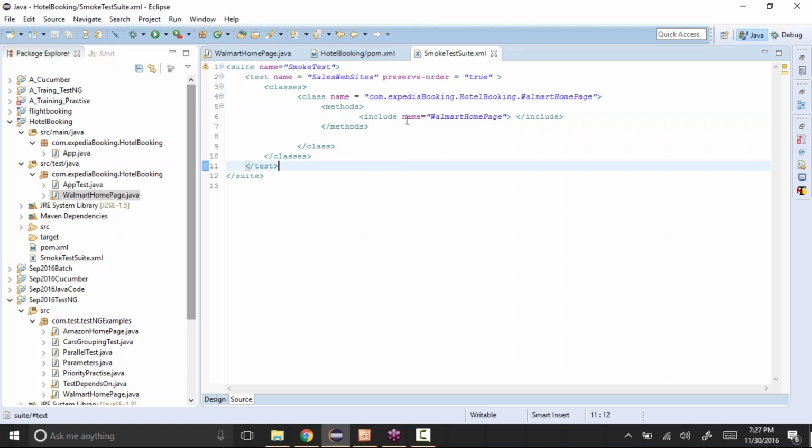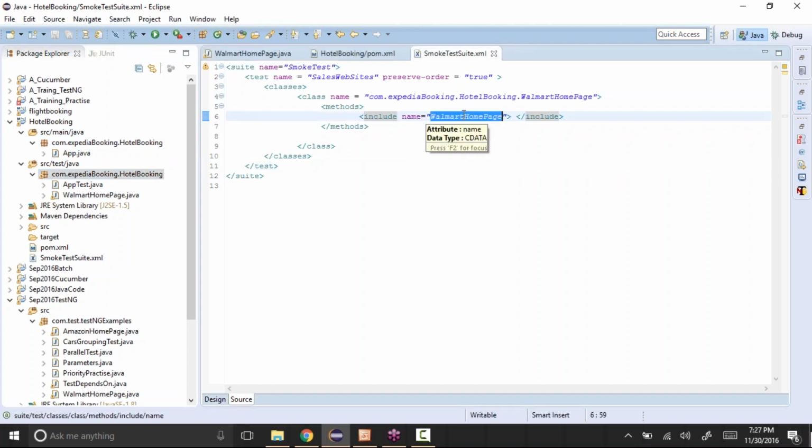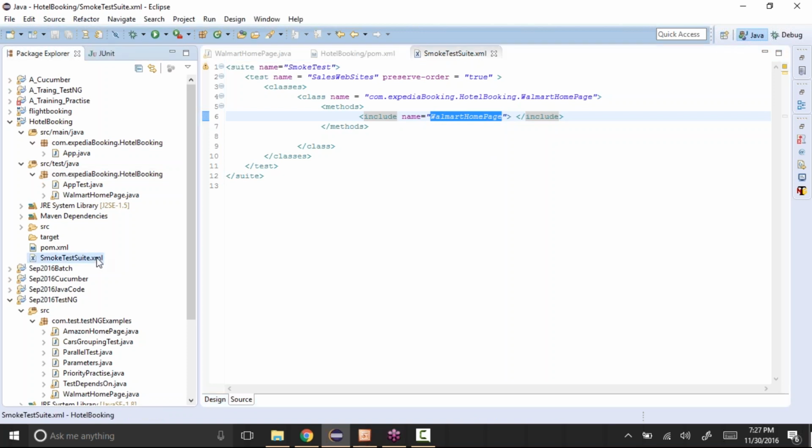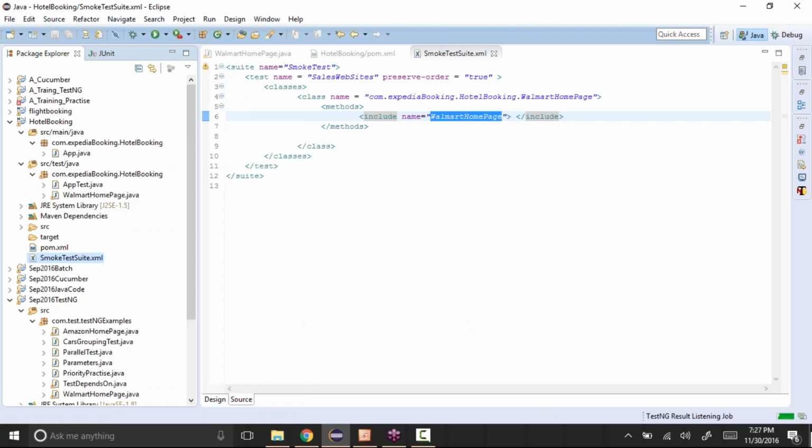I just updated the class name because this is a different package and that was a different package, so I updated it to com.expediabooking.hotelbooking.walmarthomepage, and I'm including a Walmart homepage over here too. Even this one is the same. All we need to do is right click, run as TestNG suite.